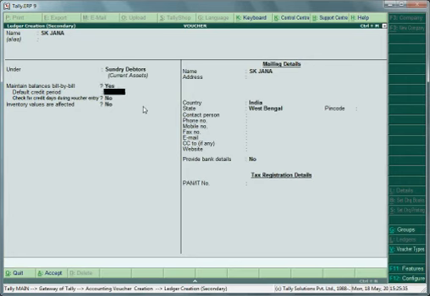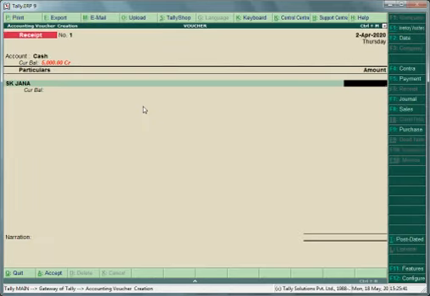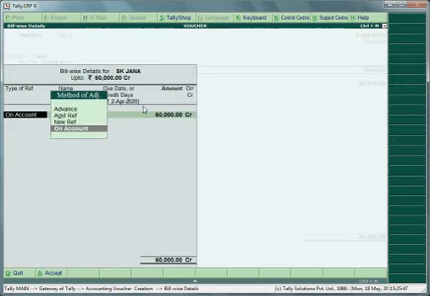Maintain balances bill by bill, yes, and then just accept it. Now put here some amount, suppose 60,000, and as we enter the amount and press the enter key, Tally directed us to the same page as bill wise details.